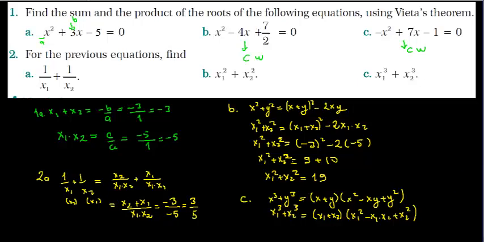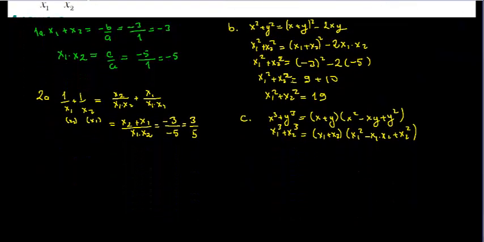Here the important part is x1 squared minus x1 times x2 plus x2 squared. It can be written as x1 squared plus x2 squared minus x1 times x2. Now I'm ready to